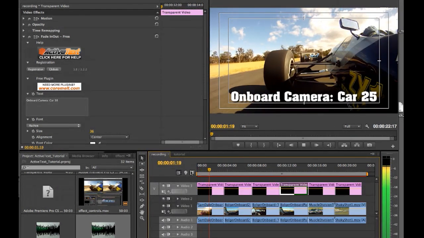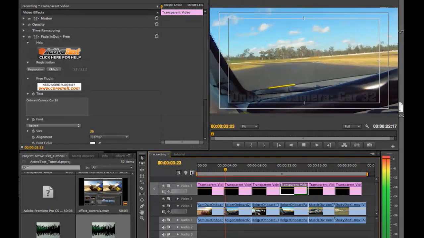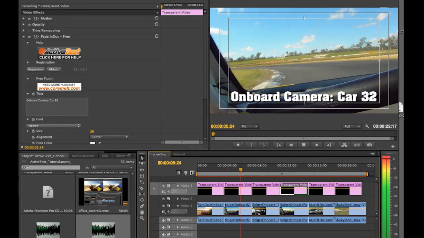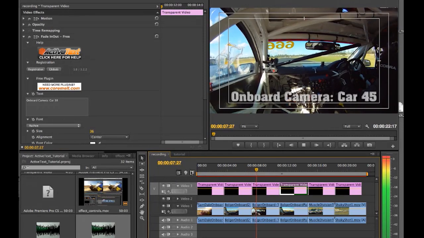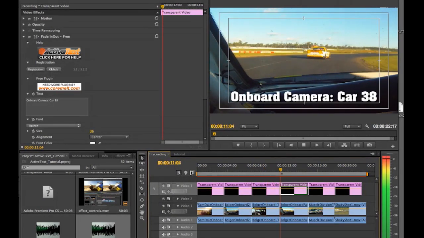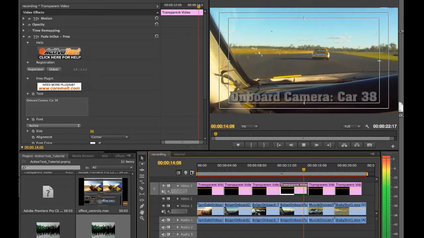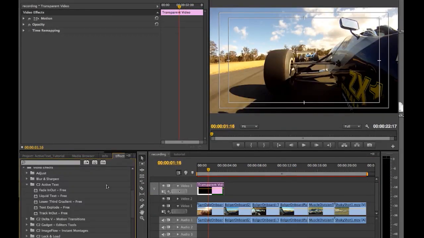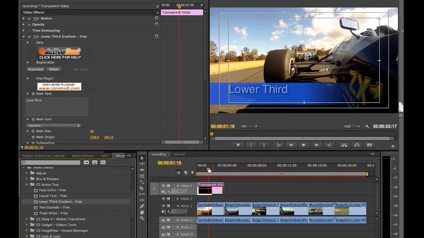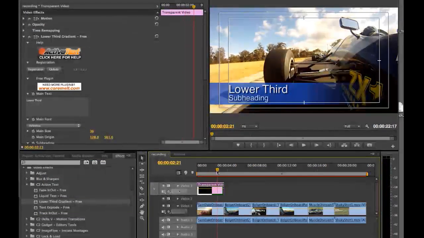And you've got instant titles animated to the length of the clip with no keyframes, no messing around with the title editor, no having to go back into the clip library. It's just all copy paste on the timeline. There's 5 different plugins in ActiveText, so now we're going to show you a pre-animated lower third plugin where the